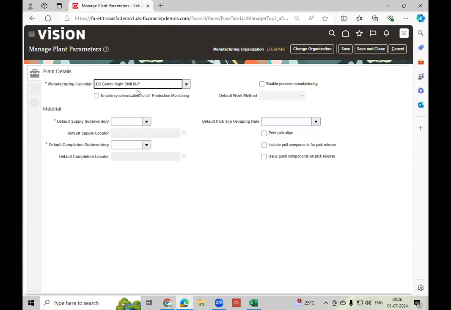See now, inventory level, I selected operations, but here I selected different. And in the same plant, if you are performing process manufacturing, also enable this one. Yes, that is possible. In the same plant, can we maintain discrete and process? Yes. See, basically,